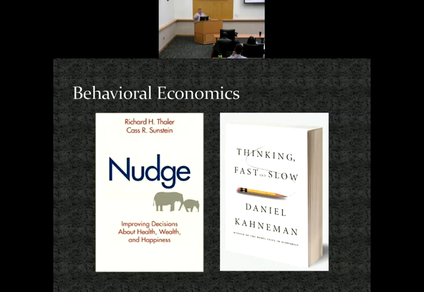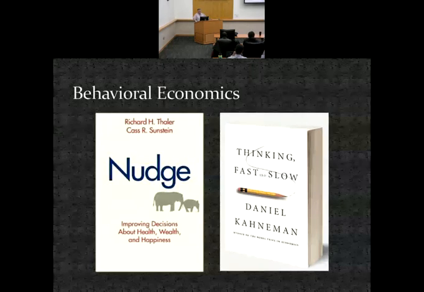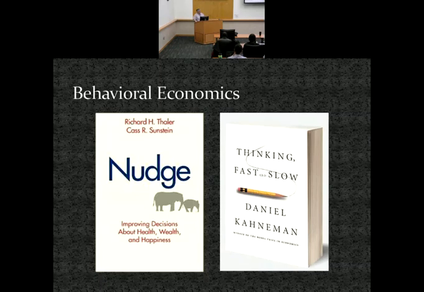If you're interested in these kinds of things, these are 2 great books. Dan Kahneman on the right won the Nobel Prize in 2002. He and Amos Tversky have done a lot of work showing that people don't really make decisions in this expected utility sort of way. And then last year, Richard Thaler, another psychologist, won the Nobel Prize in economics, and he wrote this book, Nudge. And if you only have time to read one book, I think Thinking, Fast and Slow is probably more classic, but Nudge is definitely a little more accessible and a little more interesting. Thinking, Fast and Slow is like a textbook, but written for sort of a lay understanding. It's great, but it's pretty thick.